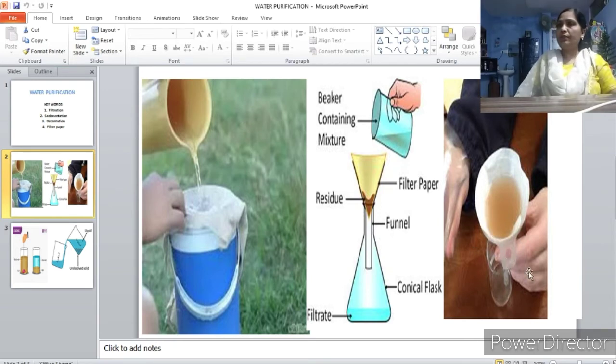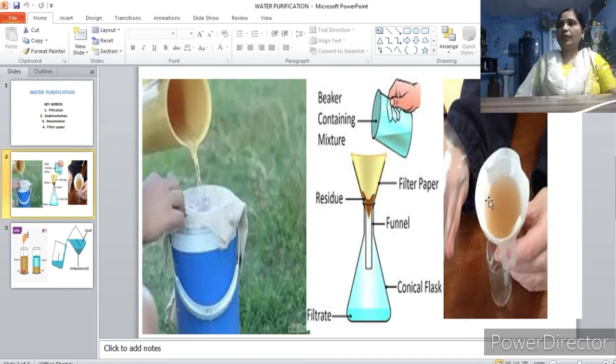This cotton cloth is arranged inside the funnel, and we use this funnel for filtering. To pour kerosene into lamps or oil into tins, generally this funnel is used. So inside the funnel, insert the cotton funnel here, and then keep this funnel inside a glass or a plastic tub or a plastic glass arranged like this. You arrange this funnel in a beaker or a glass or plastic glass.